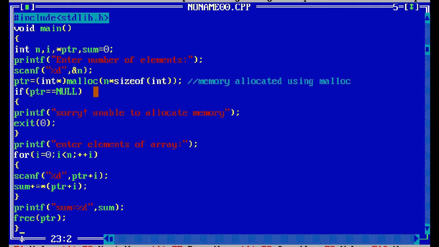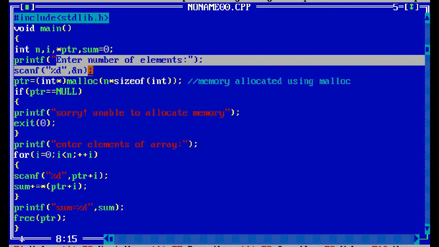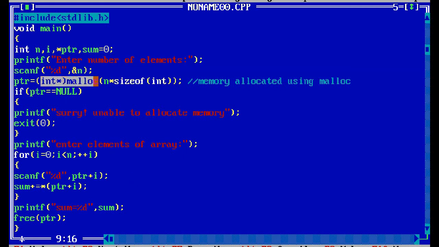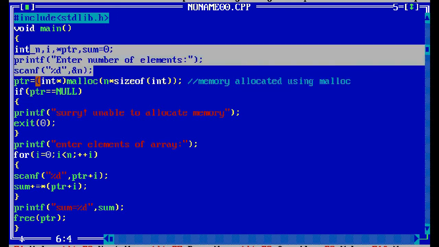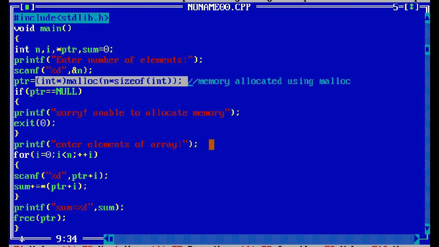See, first I gave size 3, it is reading, and next it is allocating size for 3 integers into the pointer variable at runtime. Memory is allocated using malloc.